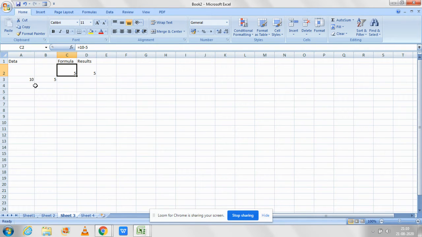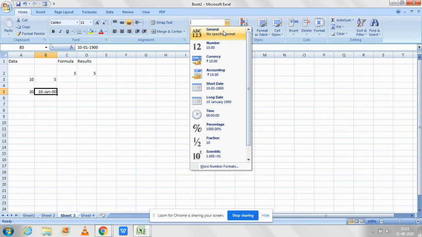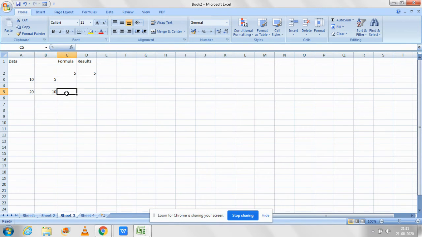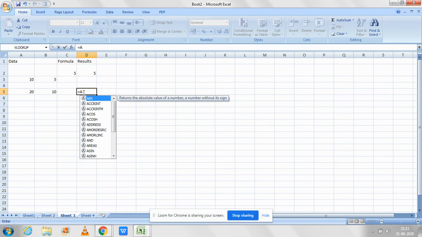Suppose I will take another example. In this I will write 20, and in B5 I will write 10. Again I will put it in the general, then it will be taken as a 10. Now equals to, for your convenience I will write in the results, directly write the formula, equals to A3.